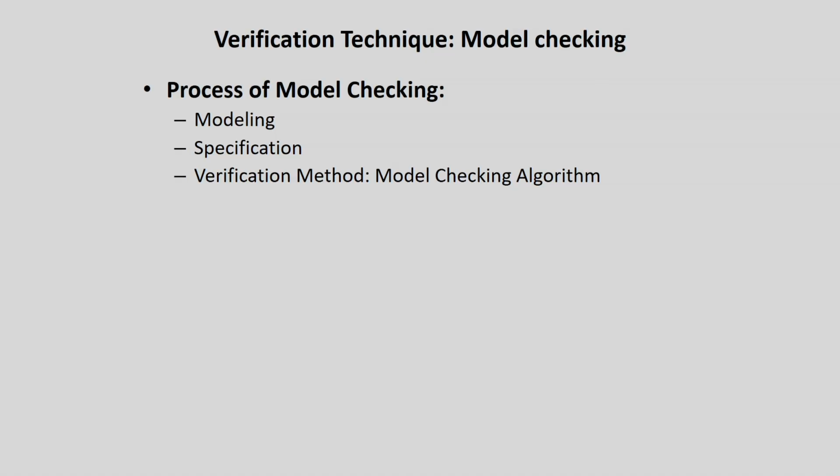Okay. Now first we are going to have the model of our system, then we are going to write our specification or property in some formal way, and finally we are going to have a verification method, and in it we are going to talk about the model checking algorithm. Today we are going to discuss this model checking algorithm: how we are going to verify the property specified in CTL and check the truth of this property in the model that we have designed for our system. So now how can we visualize the model checking algorithm?